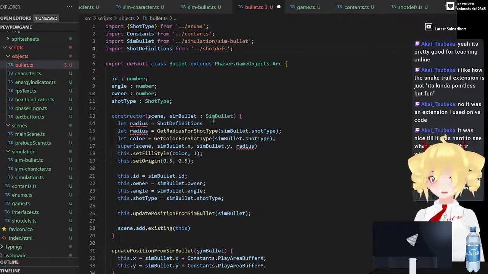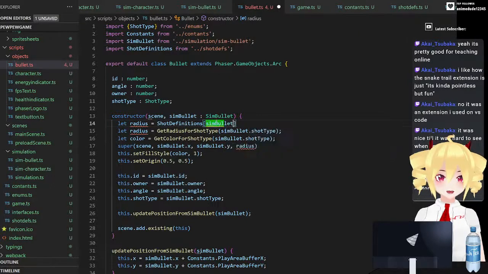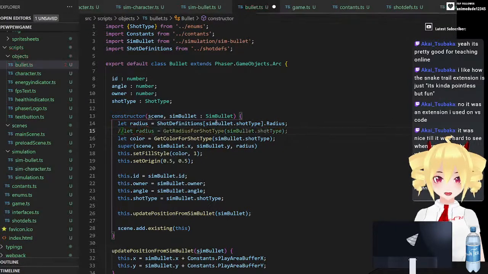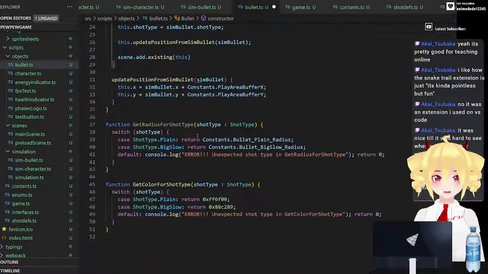Okay, that should be good. So then I can just do shot symbol dot shot type dot radius, right? Yeah, so that will replace all these crafty functions that I really have no